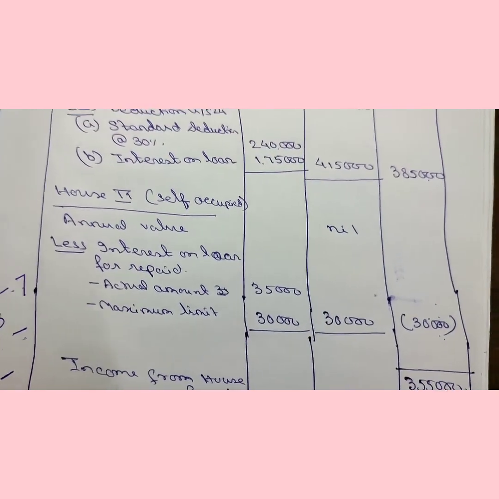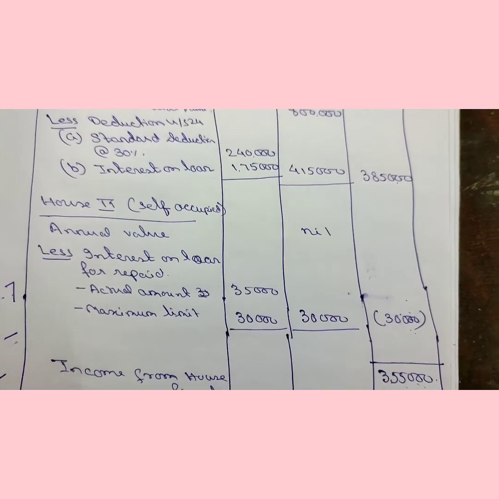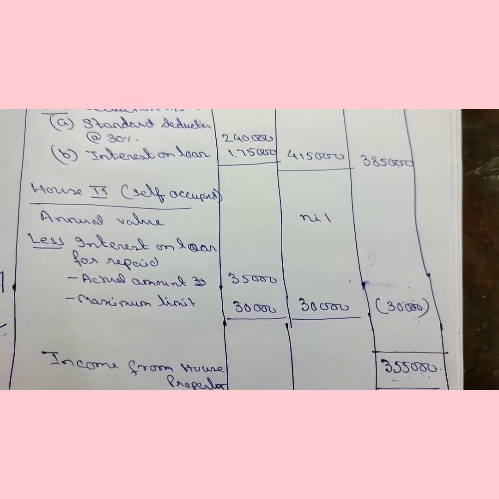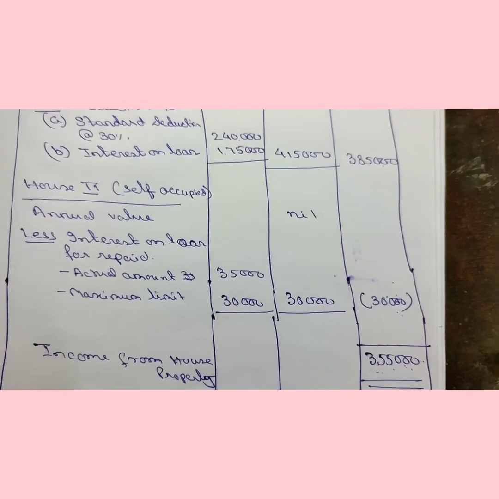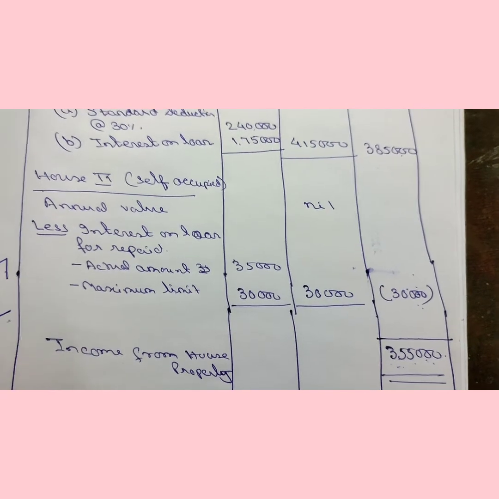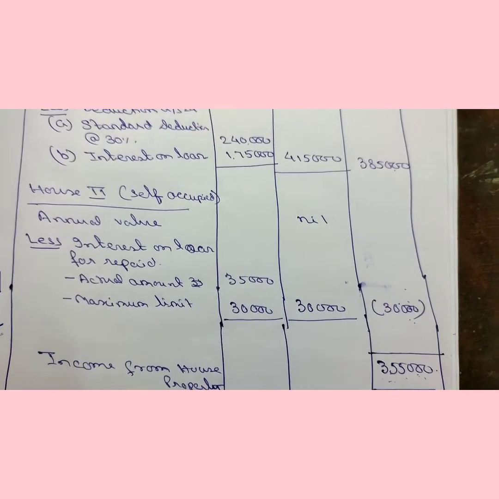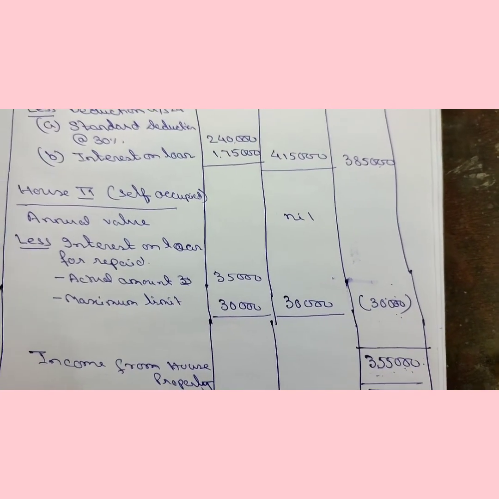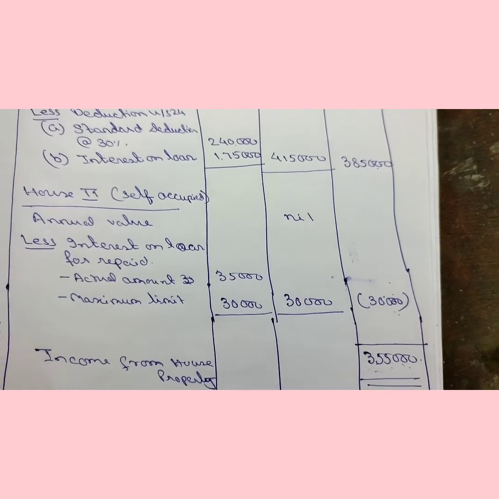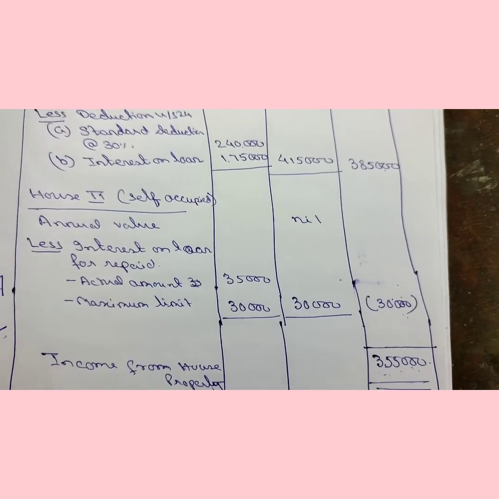So we are doing here the total. Actually our chapter is over. The syllabus for income from house property is over here. But we will choose some sums, total sums, 10 mark sums in our next 2 or 3 classes.